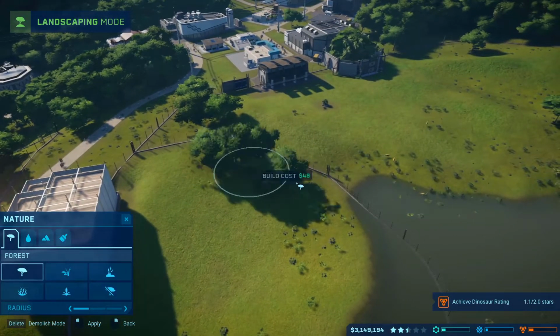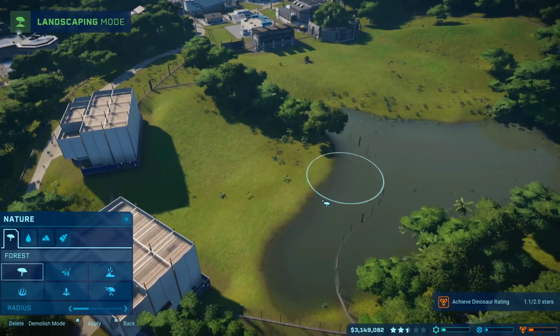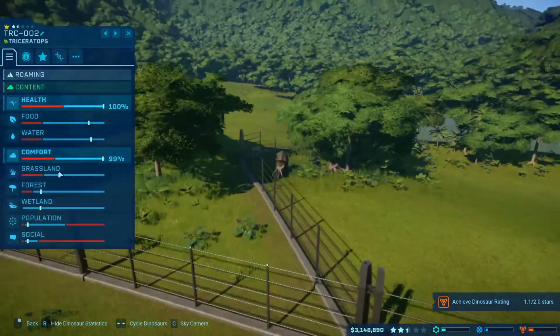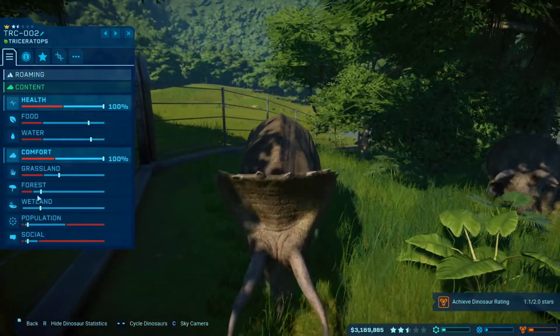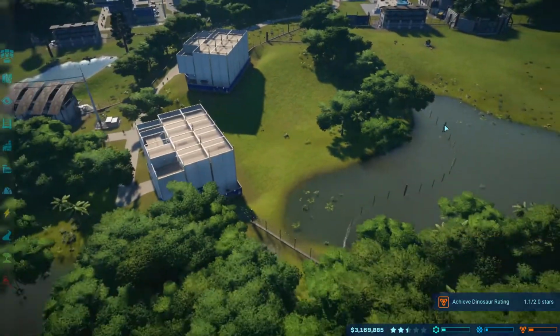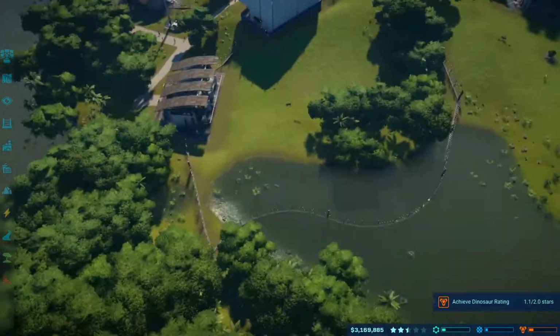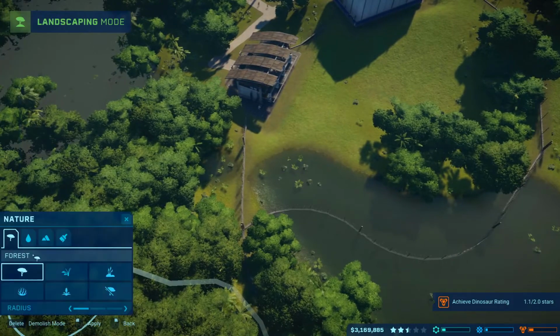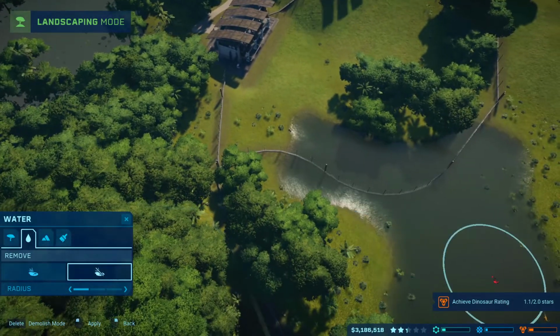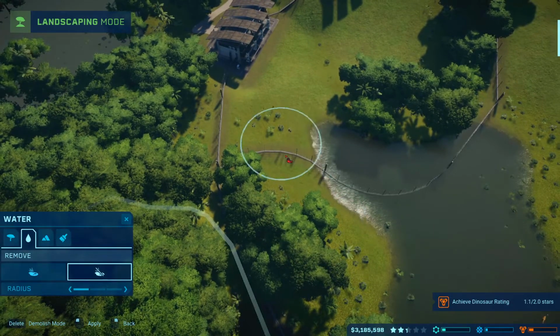There you go, I'll add some here for you. How's that for them? Is that enough? Yep, they're happy. Plenty of forest. Sweet. And I'm going to add a gate down here. Let's get rid of this water as well. Let's get rid of some of that. Oh, I'm going to get rid of...